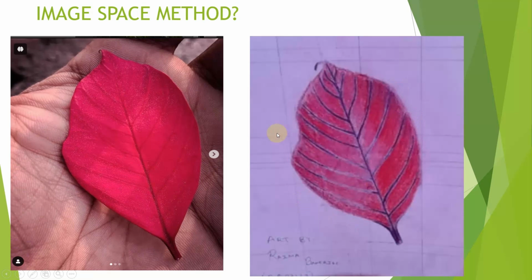What I did was take this photo's printout and make a lot of reference grid lines to draw the shape and the veins and the center point of this leaf as realistically as possible from the real image. You can see the grid lines here.